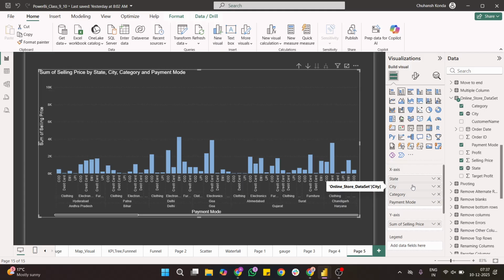So you need to make sure. If I give city first and state next, is it a valid one? No, it will give you a big column chart. It's not a valid one. Every city is, see for example, under Karnataka, Bangalore and any other city, Hubli, we can take. Hubli and Bangalore we have taken under Karnataka. If I give city first, under Hubli Karnataka will come, under Bangalore also Karnataka will come. But if I give state first, under this one state will come, under these two cities